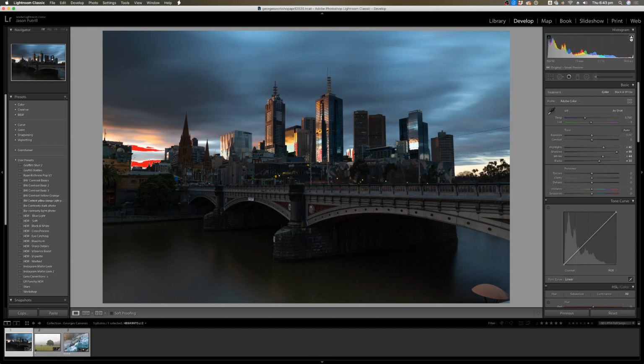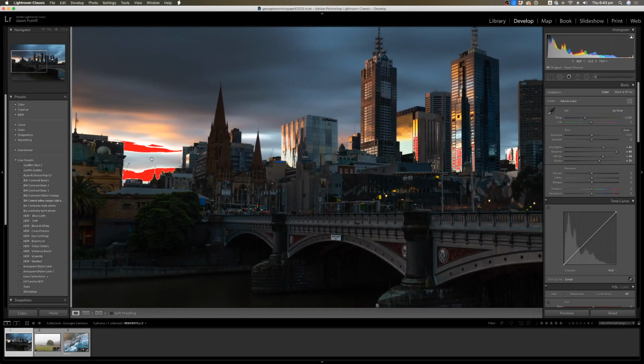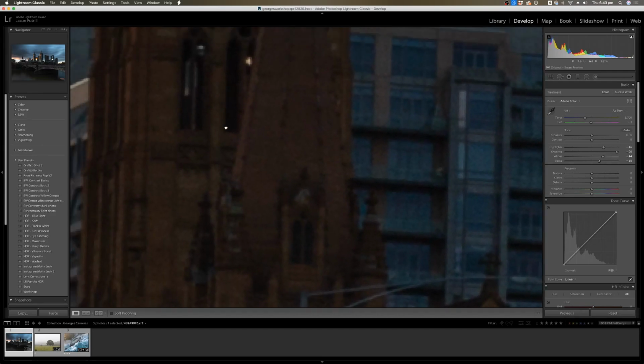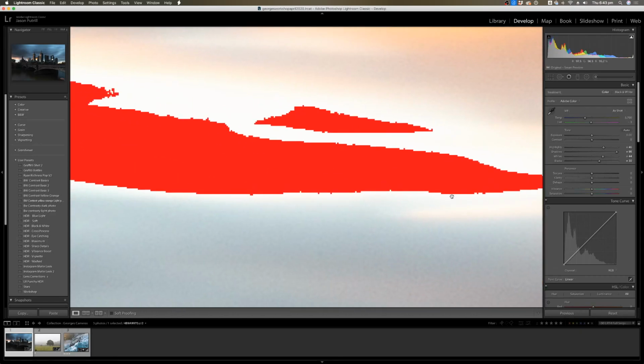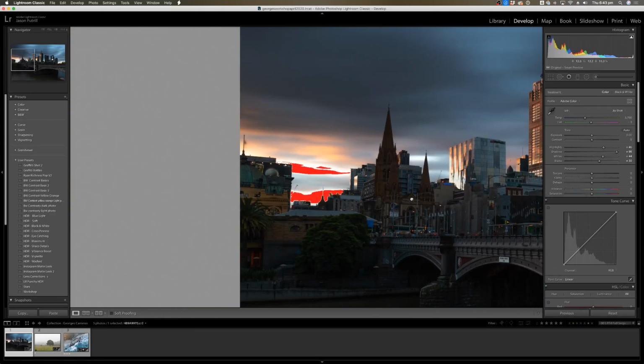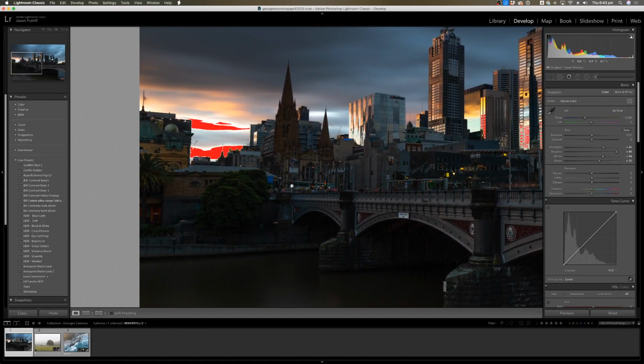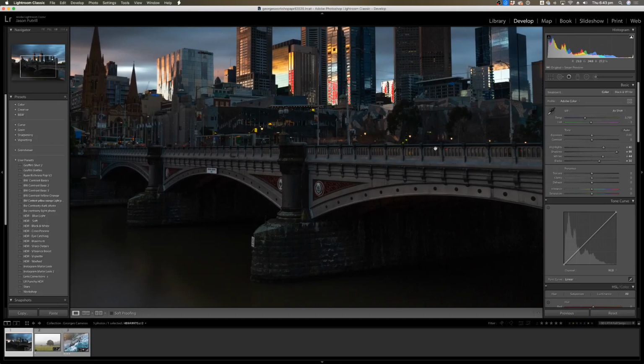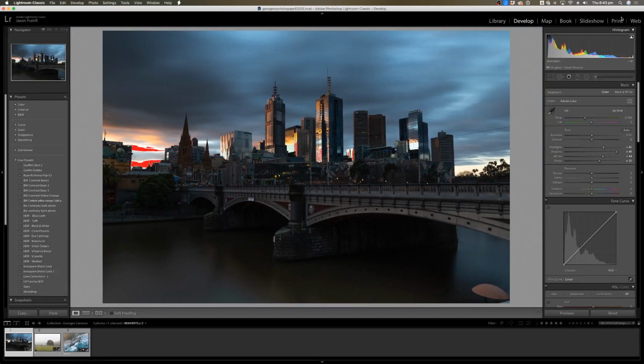I'm going to click the highlight side of the histogram on, and you'll now see on my screen parts of the image are actually showing as red. These are now the overexposed parts of the image because I've pushed the highlight slider too far. Okay, so anything that's appearing red there while I've got that turned on, I'm just going to turn that off and turn it back on so everybody can see. You can see parts of the reflections in the buildings as well,